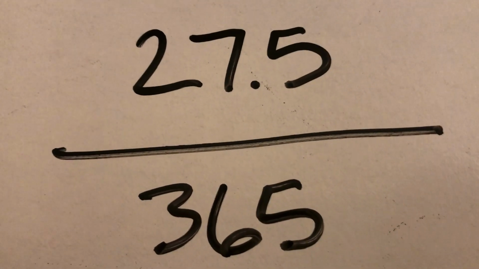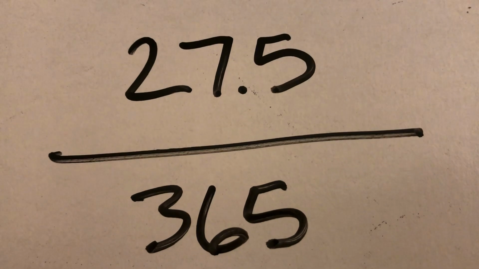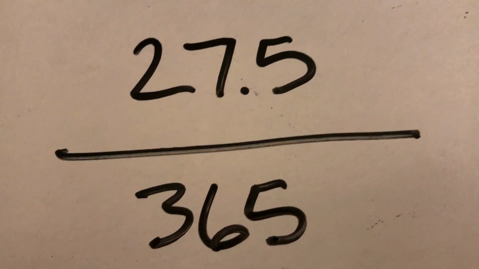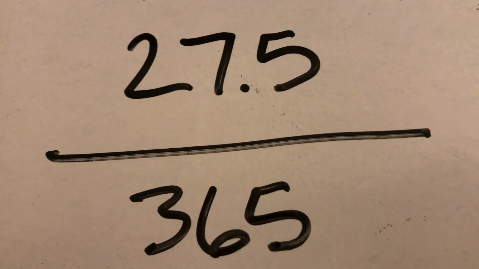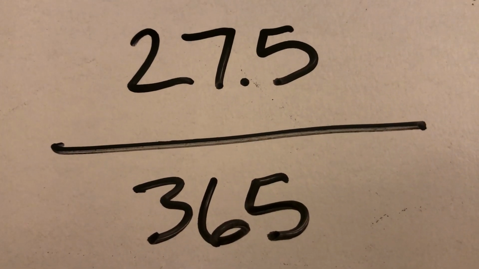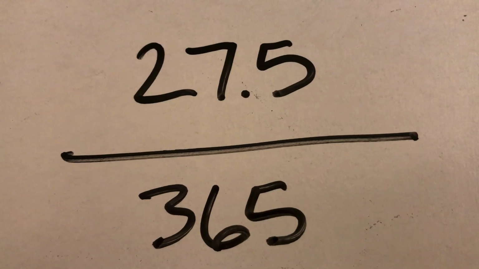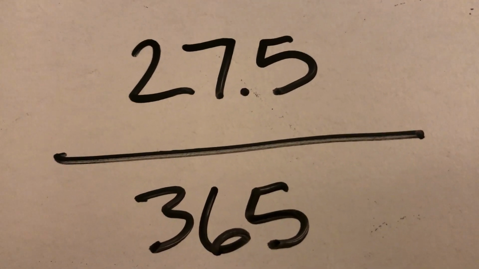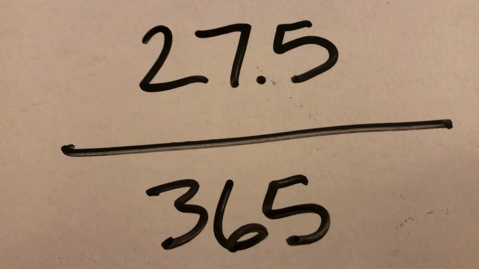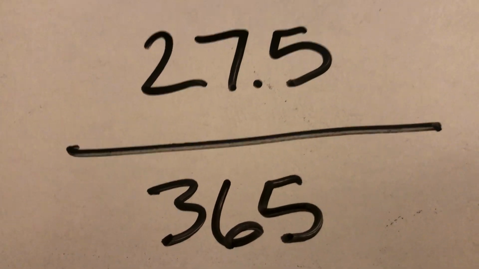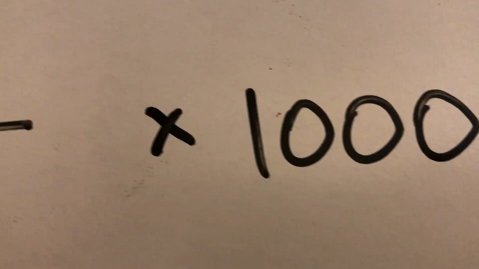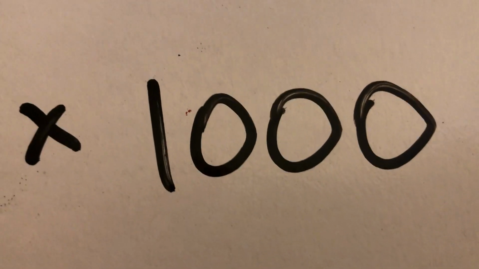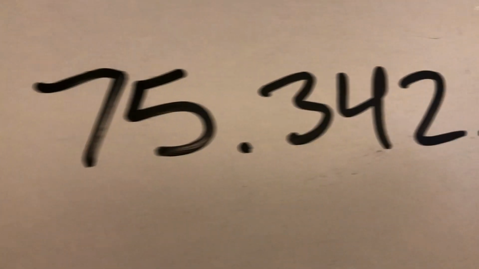So we take that 27.5, divide it by how many days there are in this year. If it's a leap year, you divide by 366, not 365, but this is not a leap year, so 27.5 divided by 365, that's how you figure out what portion of the year you are through currently. And then to convert that to star dates, because remember, there's 1,000 star dates in a year, you have to multiply that number by 1,000, and that gives us